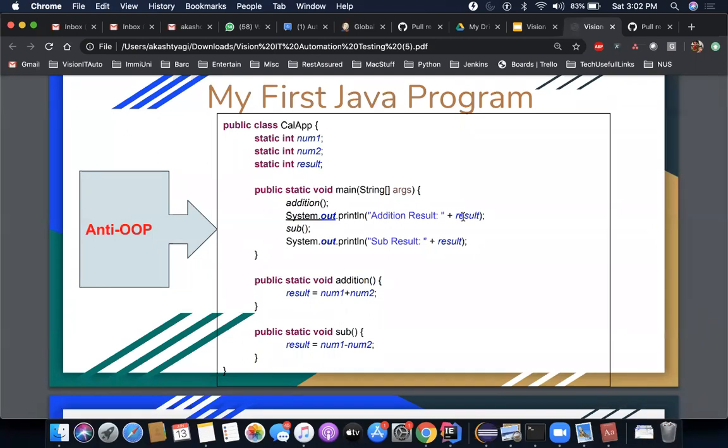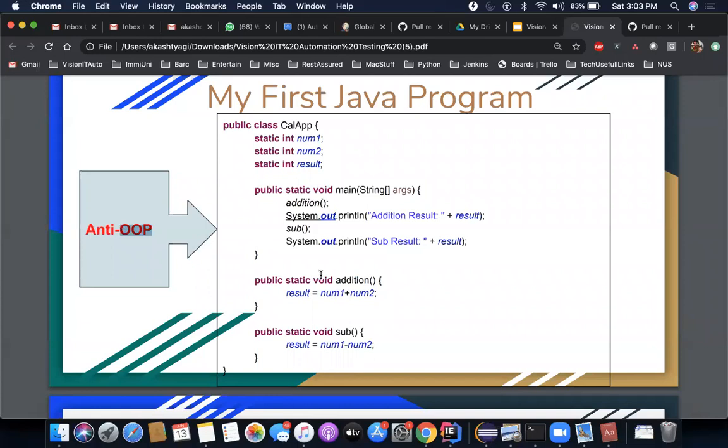But it is not an object oriented programming design. It is anti object oriented programming. Now Java doesn't necessarily force you to create an object oriented design. It has features and mechanisms available, and you can choose to use them or not. Right now in this example, this will work properly and give you results for addition and subtraction, but it is not really an object oriented design.